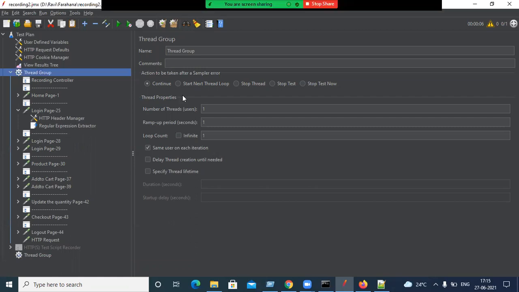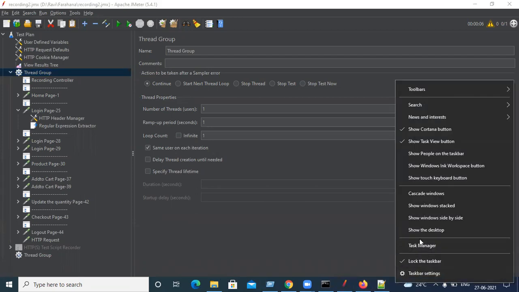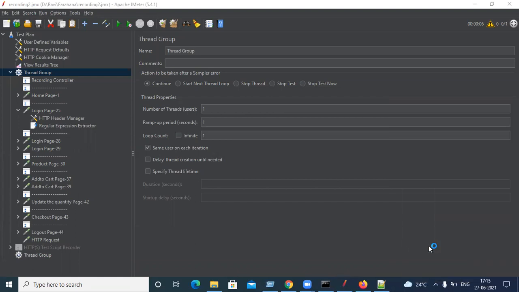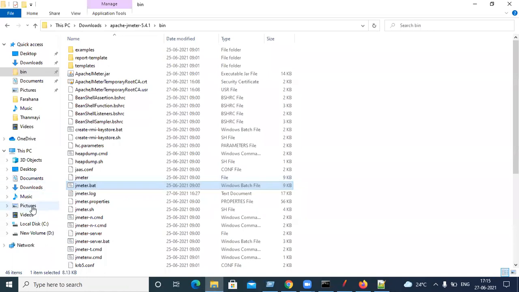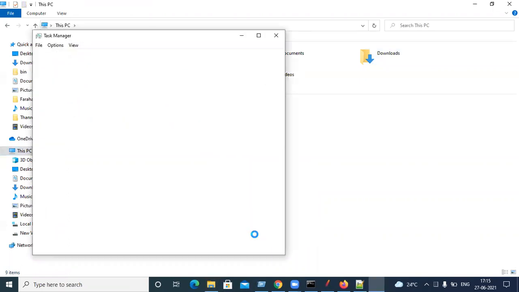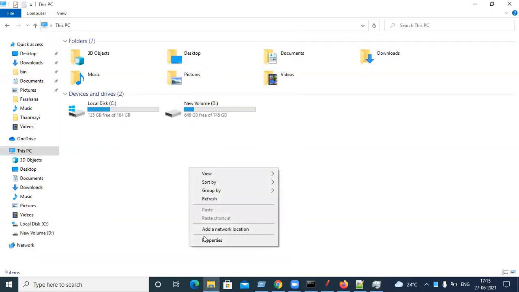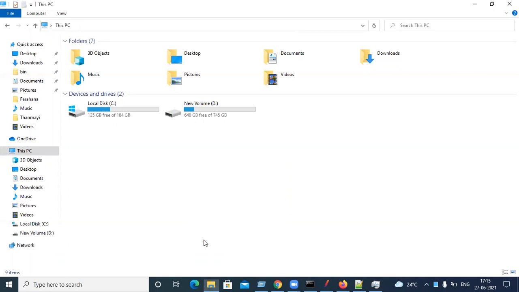Thread properties: JMeter will use the memory of the system where it's running, right? Suppose, let's take this laptop's RAM.